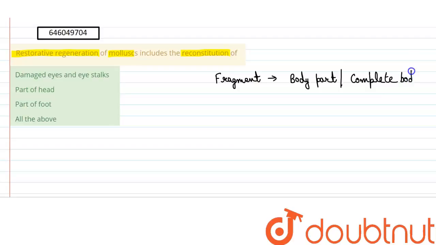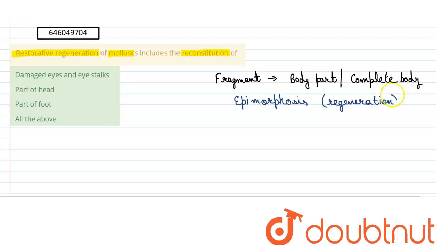So whenever there is an injury or any kind of accident to the body of the organism, from a fragment of the body, that particular body part or even the complete body can regrow, right? And this property is called regeneration, particularly epimorphosis. Epimorphosis is a type of regeneration of the body,